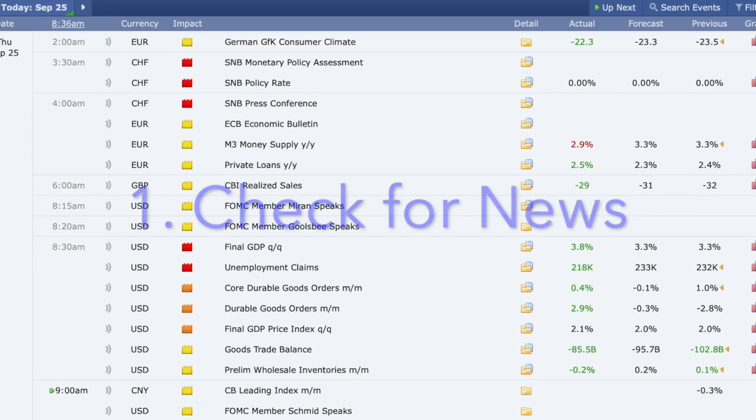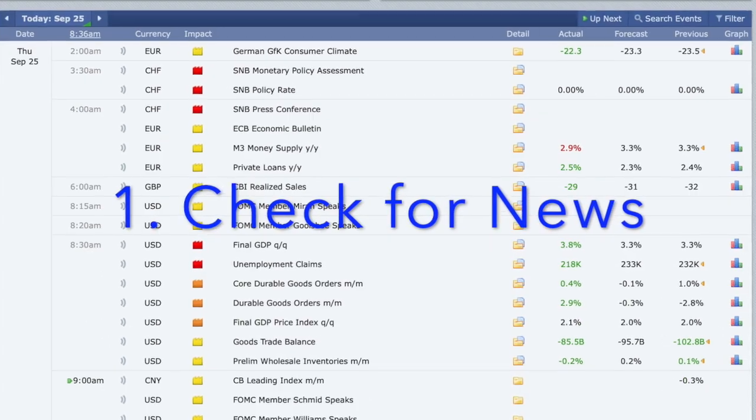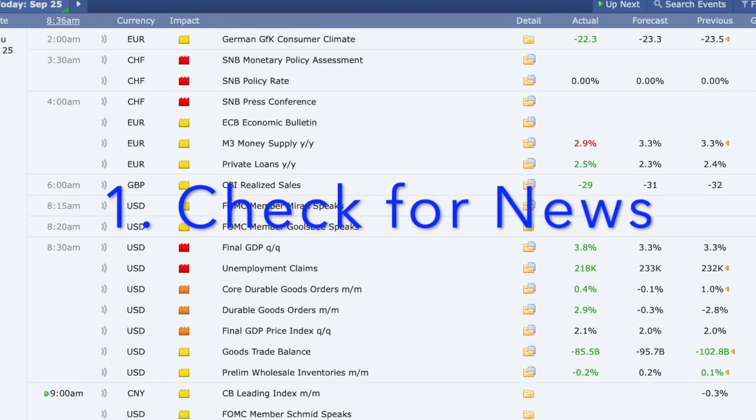Keep it simple. Small wins stack faster when we focus on clean setups. Here are 5 rules I use for a cleaner break and retest, with a live example at the end. Number 1, always check the news. We want to be sure that there is no red folder news occurring in our pair during the time of